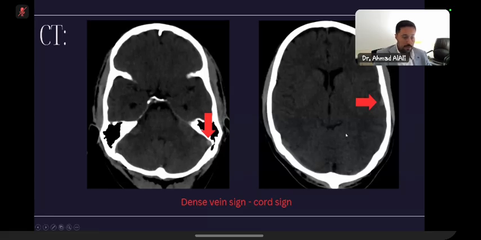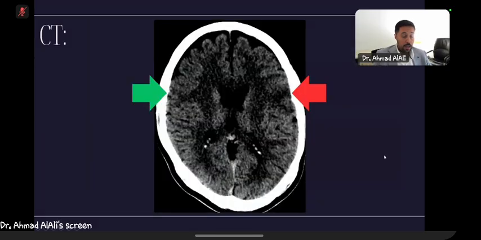So this means there is increased density of the venous sinuses or the cortical vein, which indicates a pathology. The pathology in this case is a thrombosis. If you look, this is the stroke window that you asked for, and you could also spot that there